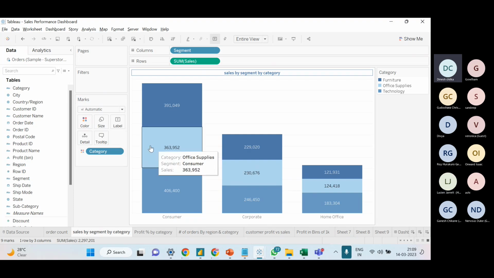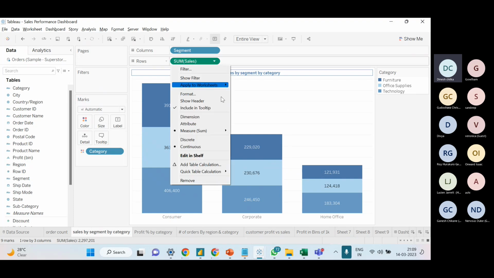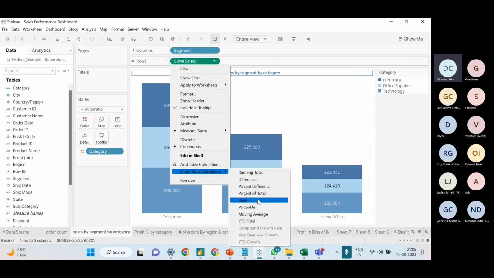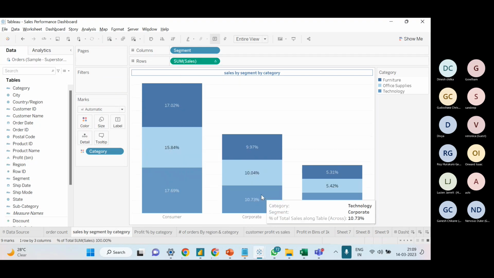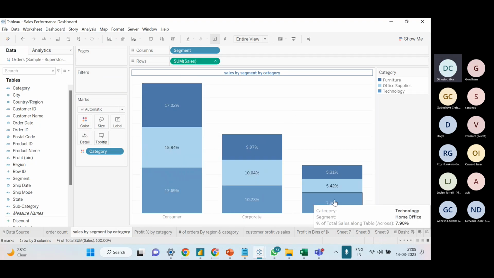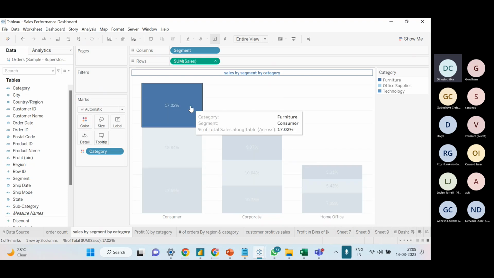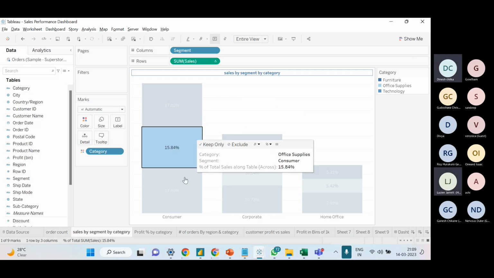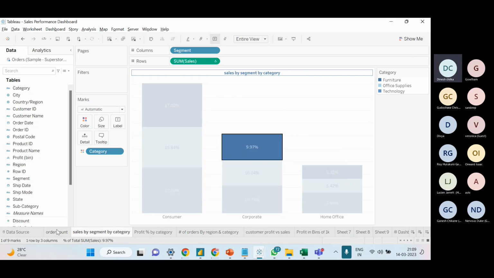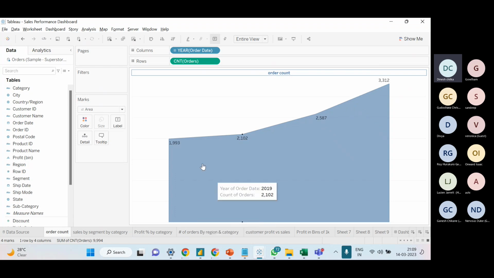sales by segment, you can choose how much I'm getting in sales by segment. Even if you go here, better you can go for the percentage. Now I get to know what is the highest percentage which I'm getting: 17 percent within furniture for the consumer segment. If you see, you can do deeper analysis. If you go to the order count, now this is showcasing the orders year by year, which